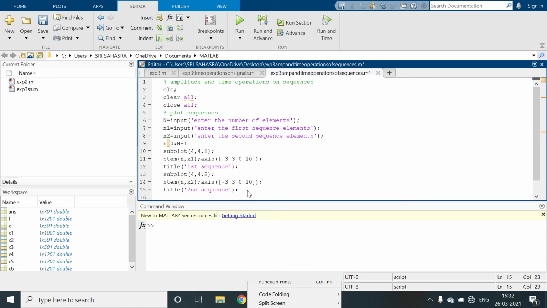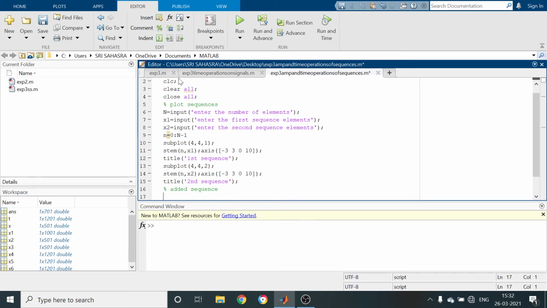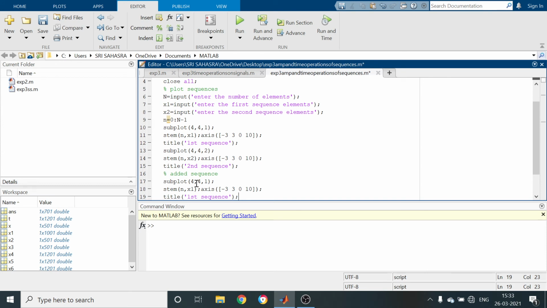Next I am going to write a comment, added sequence. Copy and paste: subplot 4, 4, 3, stem n comma x1 plus x2.